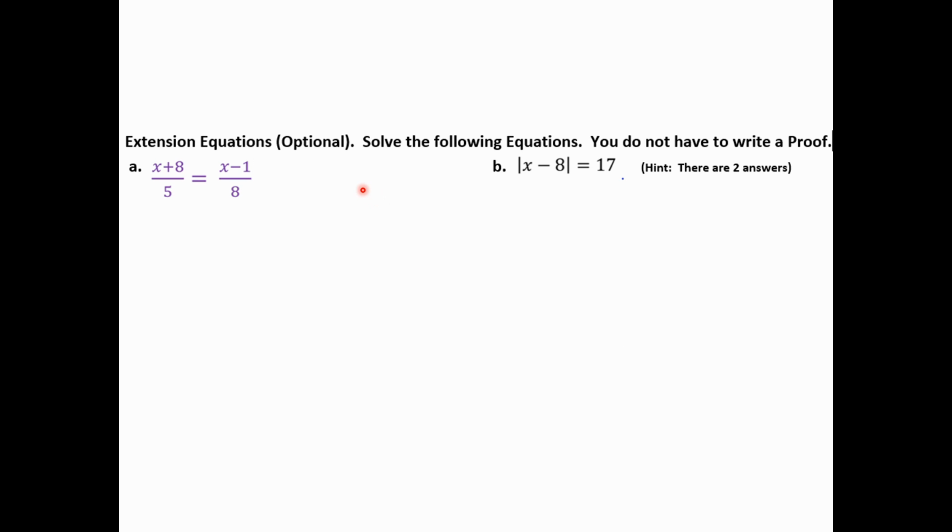Here I have a few extension equations. You don't have to write a proof for these, but these are good refreshers on working with what are known as rational values. We have these ratios or fractions built in, and then this one is using absolute value. And so a little hint here, there will be 2 solutions to this. So these are optional to push your algebraic understanding and just keep practicing. Try them if you want, and feel free to email me or ask me in class